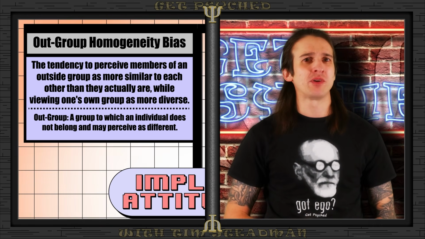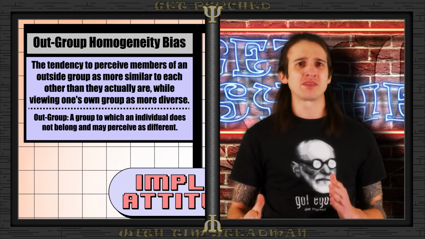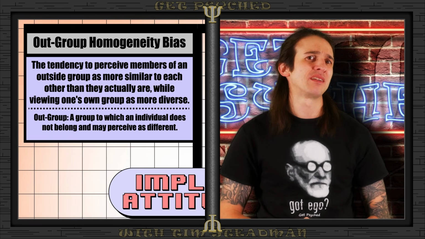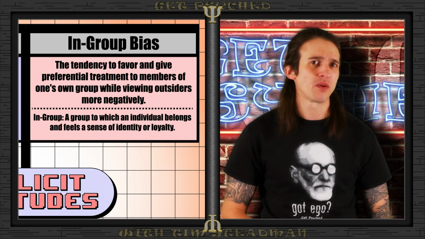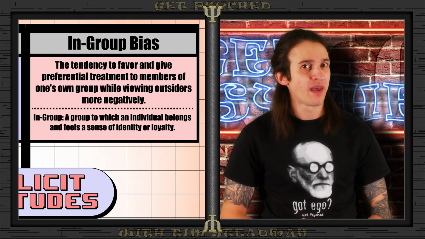Thinking all people from your rival high school are snobby, or everyone from their football team plays dirty. Those are all oversimplifications that can lead to unfair assumptions. In contrast, we tend to show in-group bias, where we favor the people in our group and believe they're better